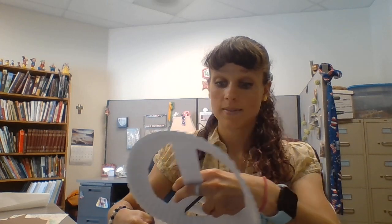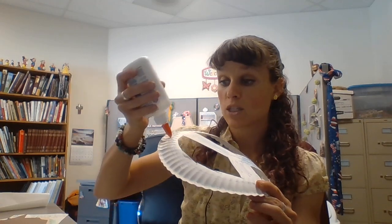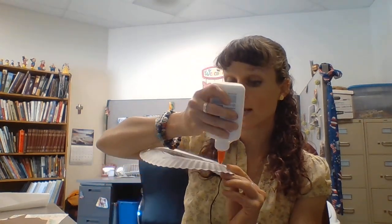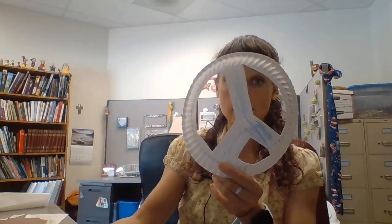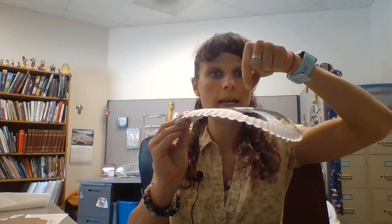And now this is also the fun part, because I like to play with glitter every now and then. So if you're feeling adventurous, and if you have plenty of cleaning supplies handy, you can add some glitter to this. Simply sprinkle your glue around wherever you would like the glitter to go, and hold it over a trash can or another surface, and then you're just going to sprinkle your glitter all over the plate. And then when you are finished with that, and you have carefully dusted off the glitter, and also probably gotten it in your hair and everywhere else, because that's what glitter does,